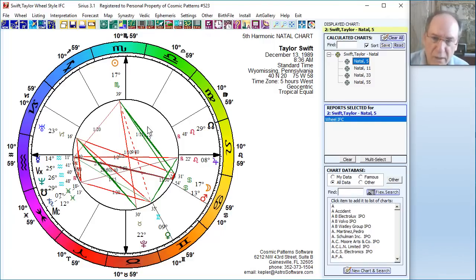A trine in the 5 vibration means it's actually a 3 times 5, which is a 15. Well, if you haven't watched the previous videos that I've made on how to analyze vibrational charts, this may all sound a little bit confusing, but don't worry about it. It's actually very simple. All I'm saying is that the 5 vibration chart tells us the creativity, the exploratory nature